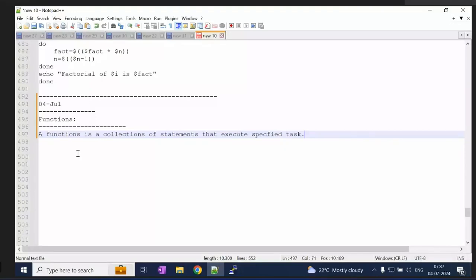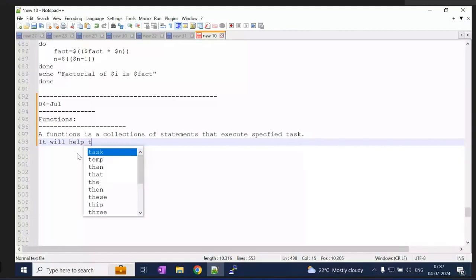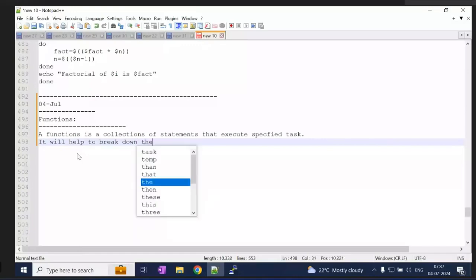Instead of writing the same functionality, if you use a function, you just invoke that function and it will execute as many times as you want. It also helps us to break down the complex procedures.